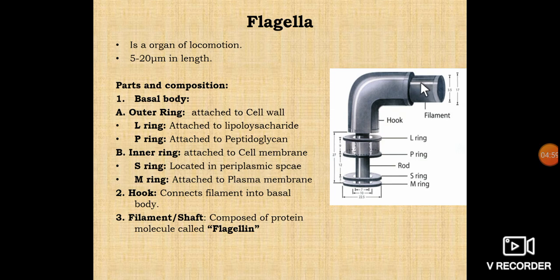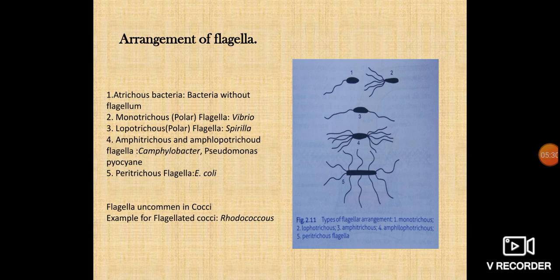It is thrown out externally in a helical form. But in spirillum it is inverted inside, so it is an endoflagellum, whereas in other bacteria it is thrown outside, so it is an extra flagellum. Inside, it is an endoflagellum only in the case of spirilla, so we cannot make out the flagellum outside in that bacteria.